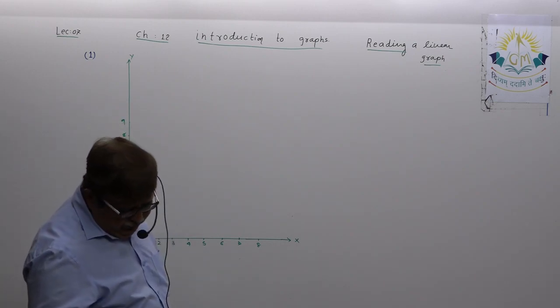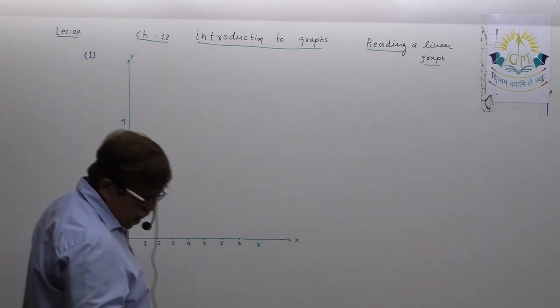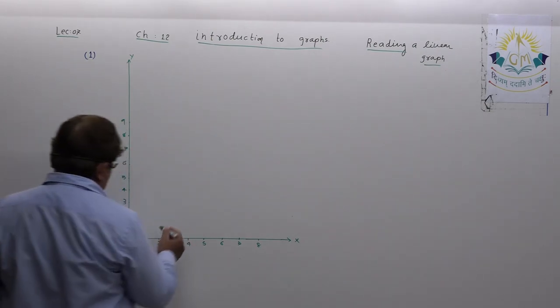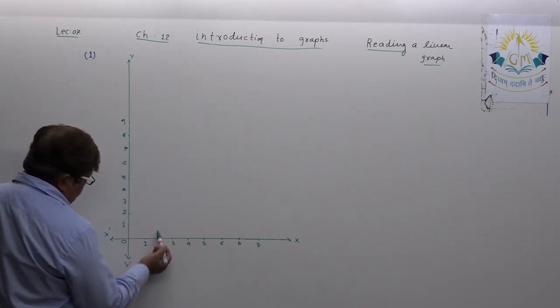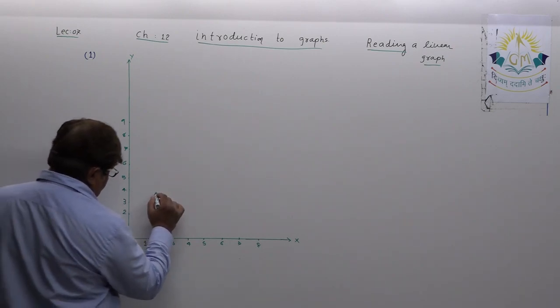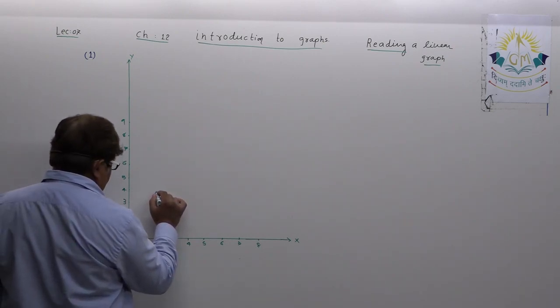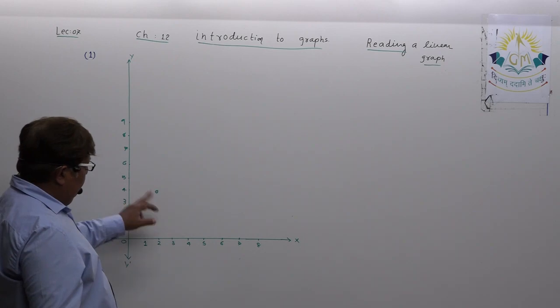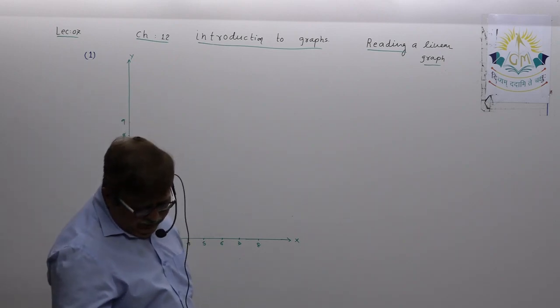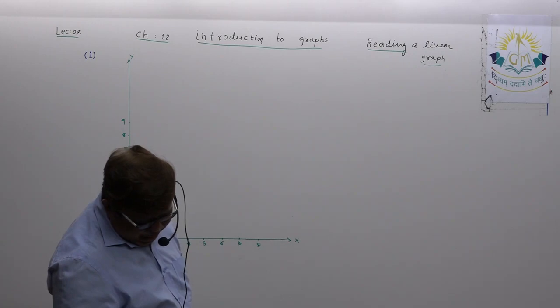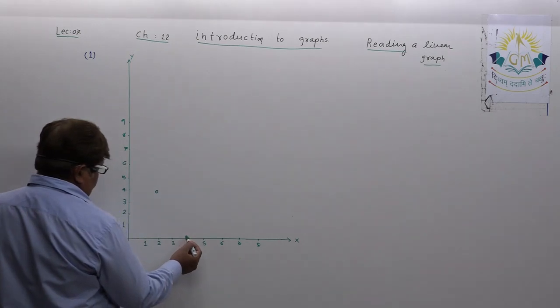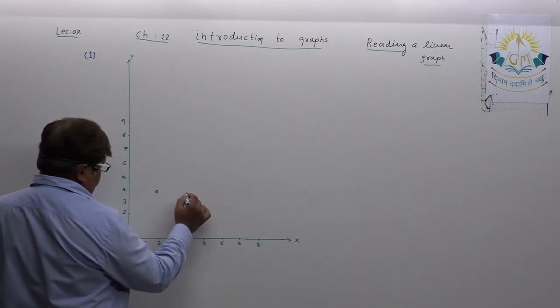And now, dear student, they have taken 2 points to draw the graph. One you mark here: x2, y4. This is the first point they have targeted. x2, y4, no doubt it is already given. Understand? And the second point they have targeted is x4, y4. At least mark these 2 points.